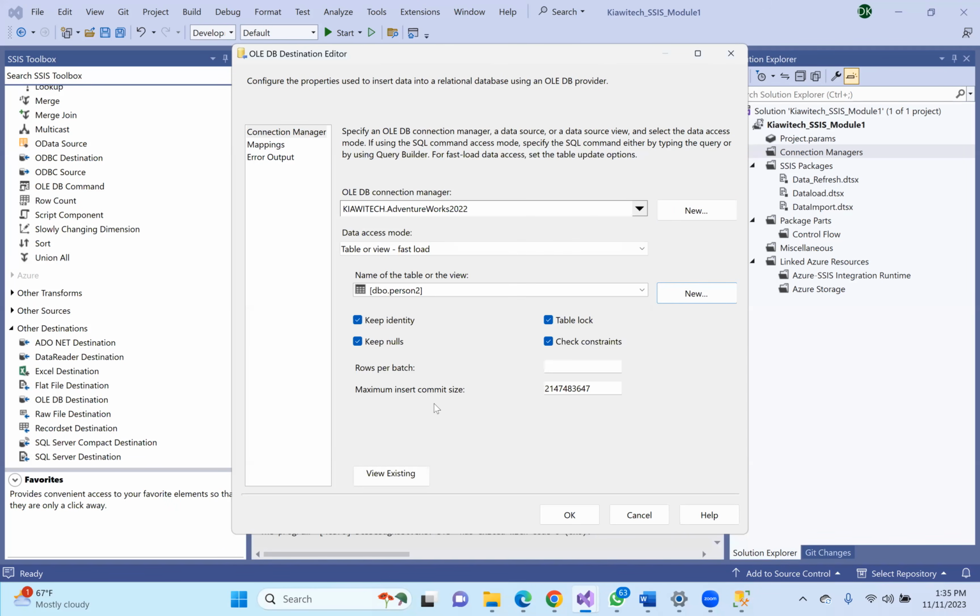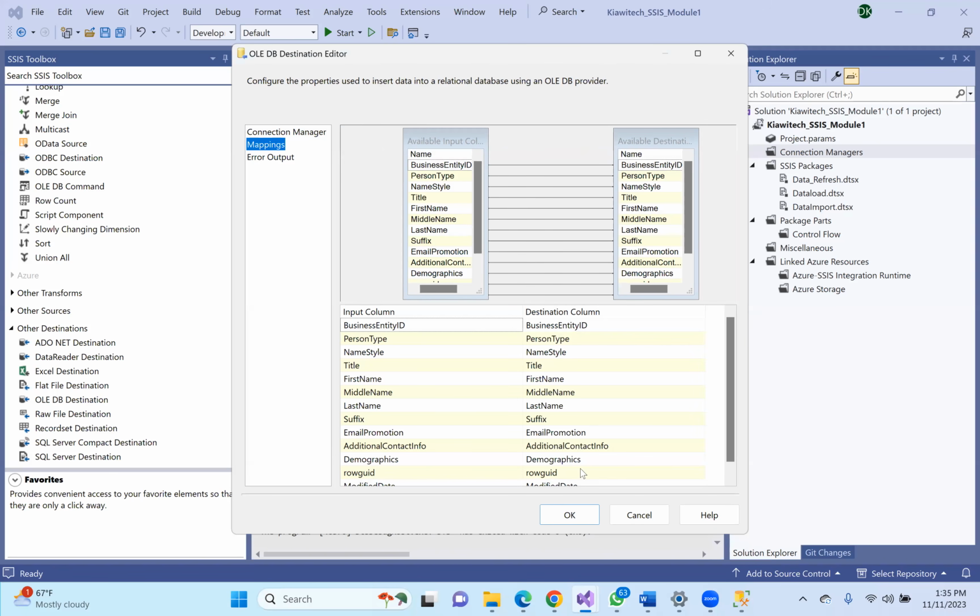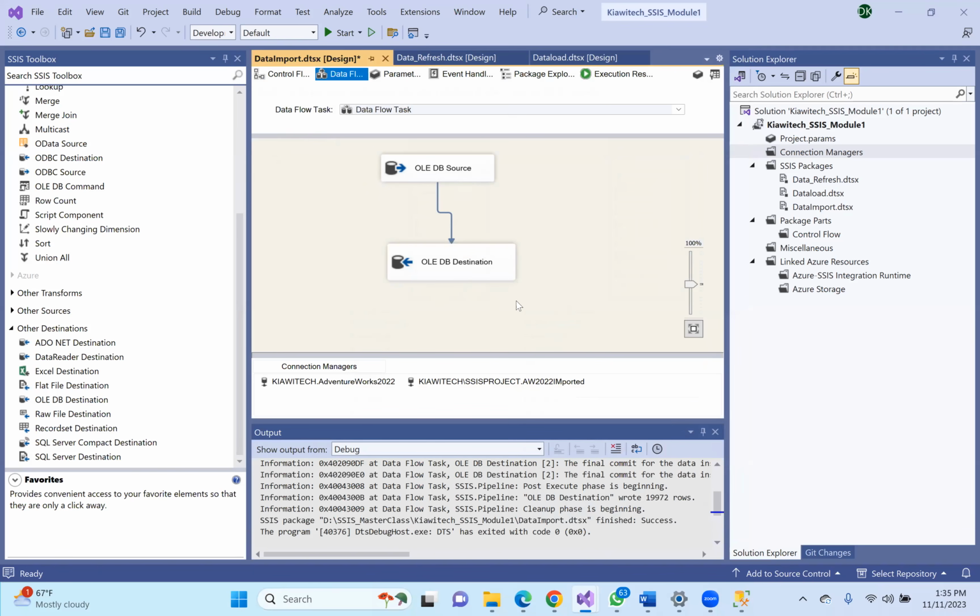Click OK. So I'm expecting this to map. Looks good. Right. Now, if I run the package,